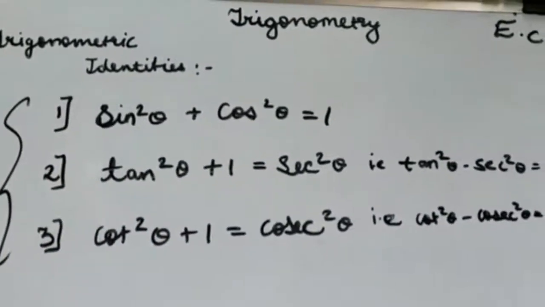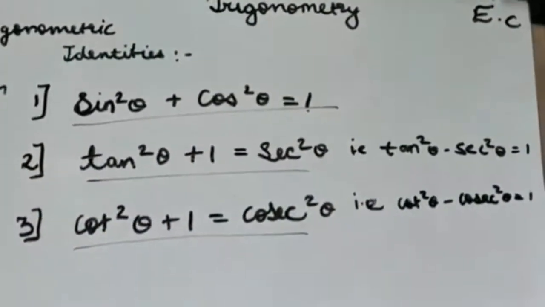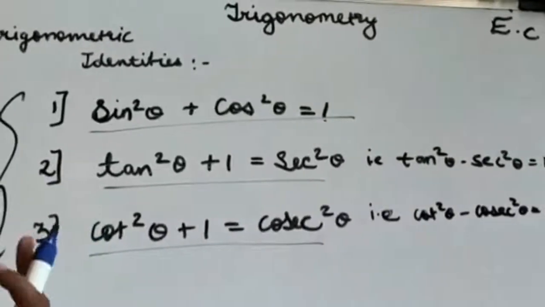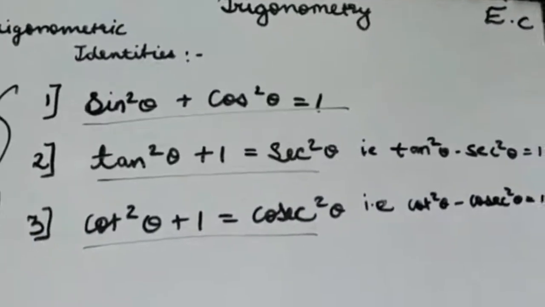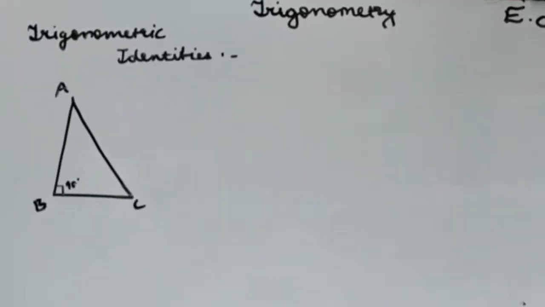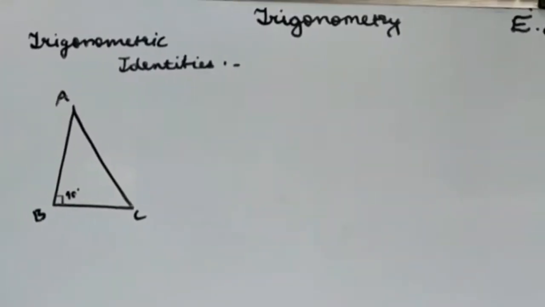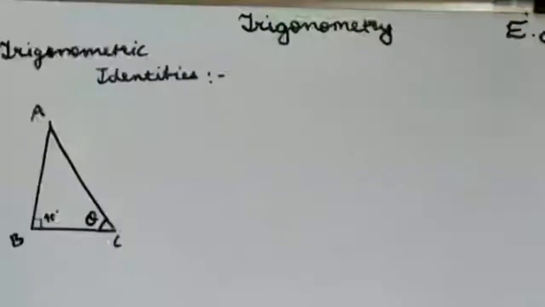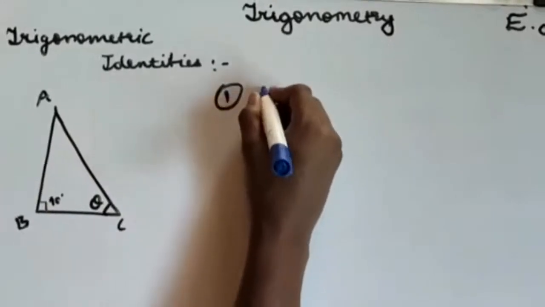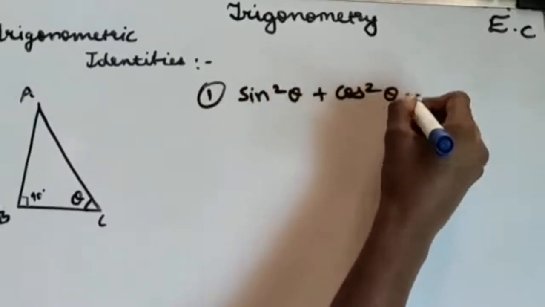So now we are going to learn how these trigonometric identities are formed, and also a basic trick which will help you in remembering these 3 trigonometric identities. So now let us understand how these trigonometric identities have been derived, by using our best friend, triangle ABC again, for a better understanding. The first identity is sin square theta plus cos square theta is equal to 1.